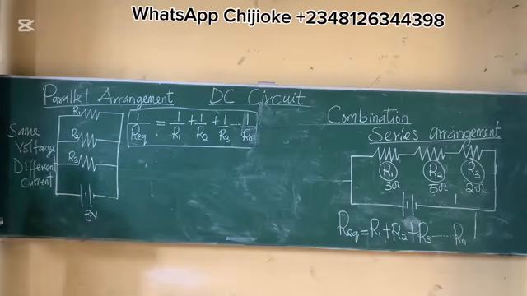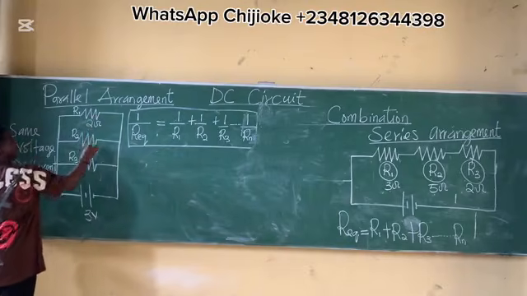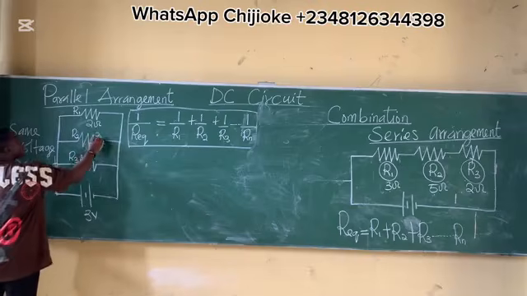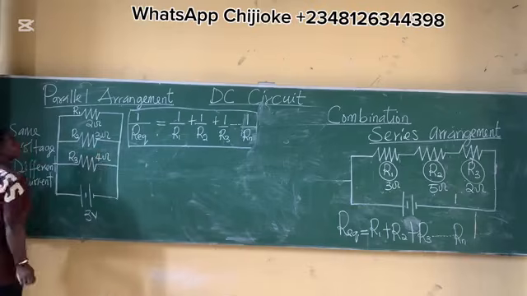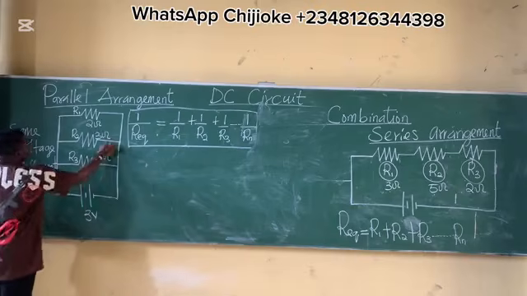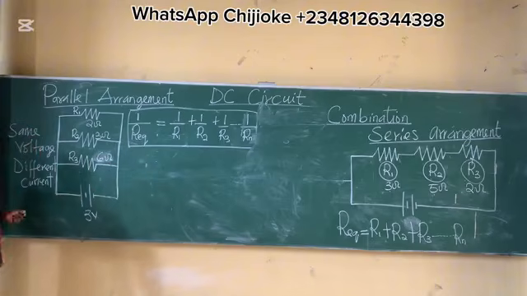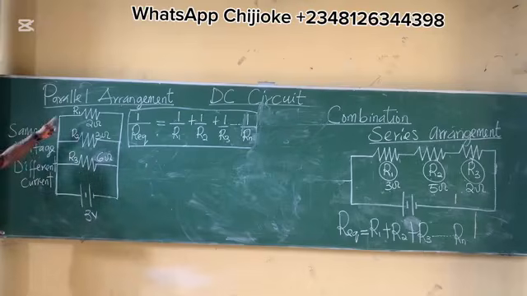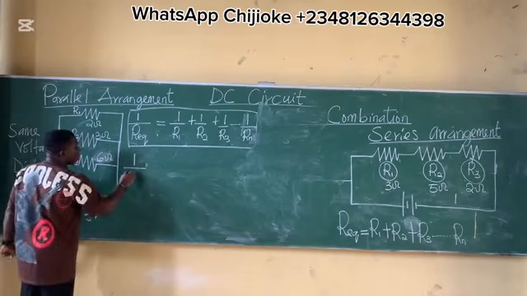If I have R1 to be 2 ohms, R2 to be 3 ohms, and R3 to be 6 ohms, let's calculate the equivalent resistance. Since they are connected in parallel, they have the same voltage but different current. To get the equivalent resistance: